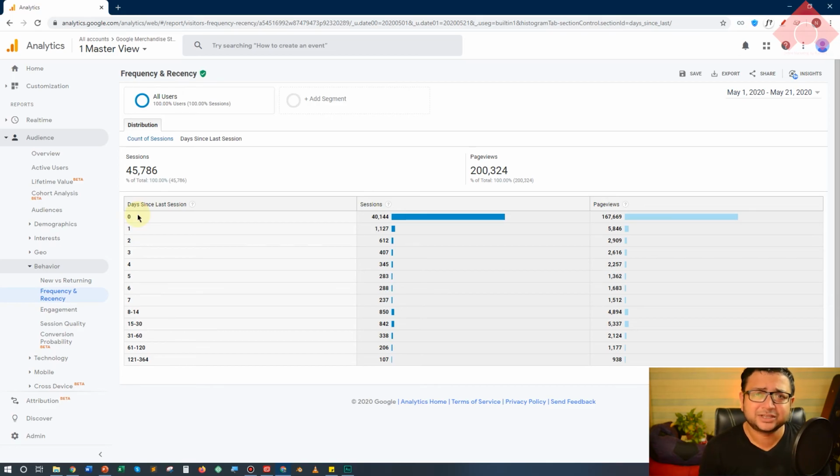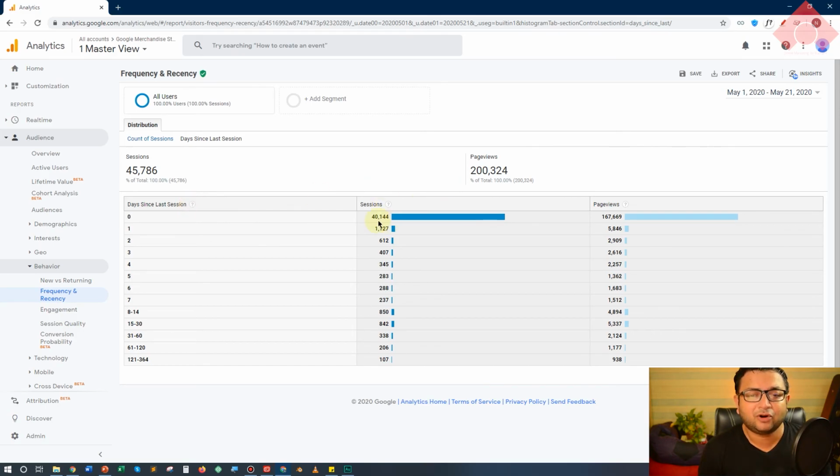And sometimes if you're not sure about what these dimensions or some metrics mean, you can always hover over this question mark and it will tell you the definition. For example, over here, days since last session is defined as the number of days between the close of one session and the opening of another, right? So this is pretty simple to understand.